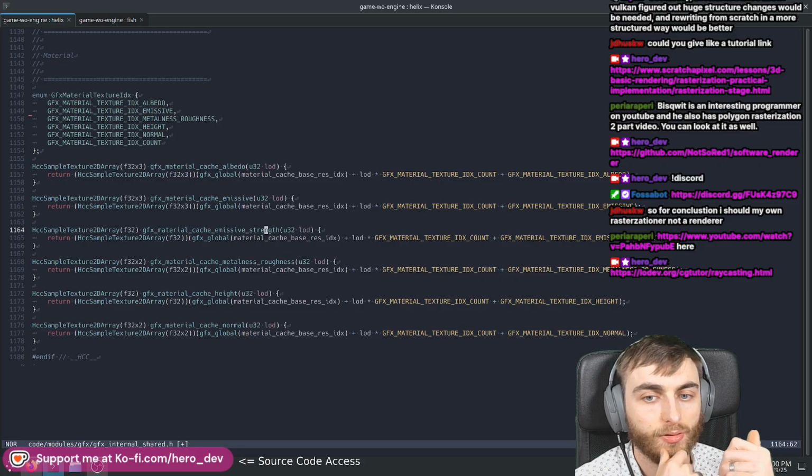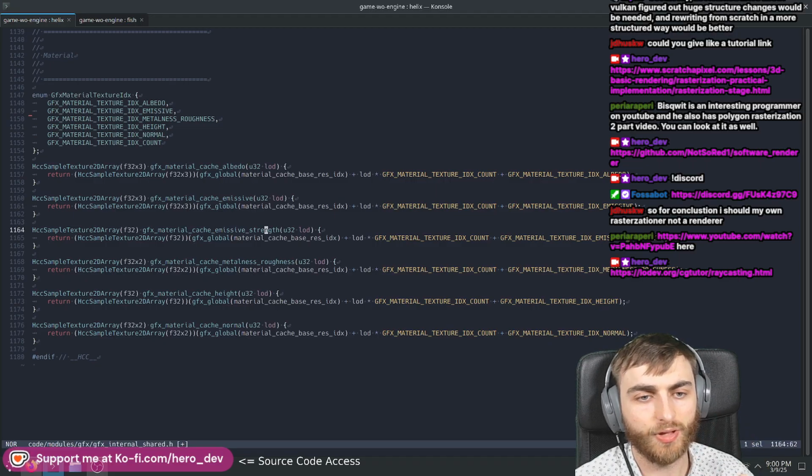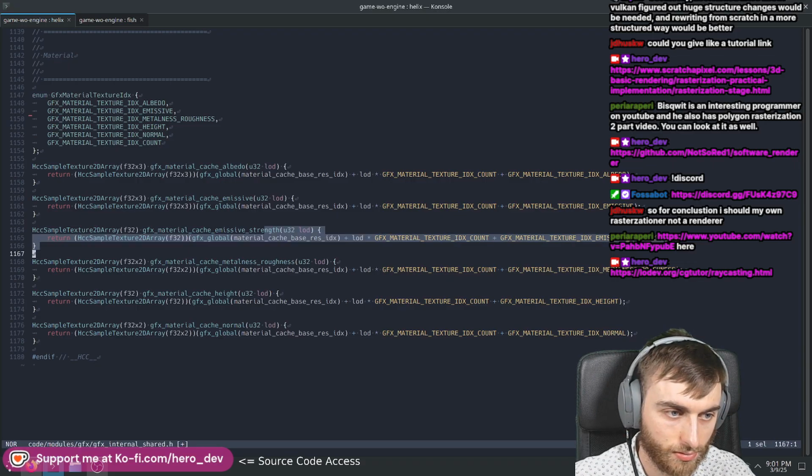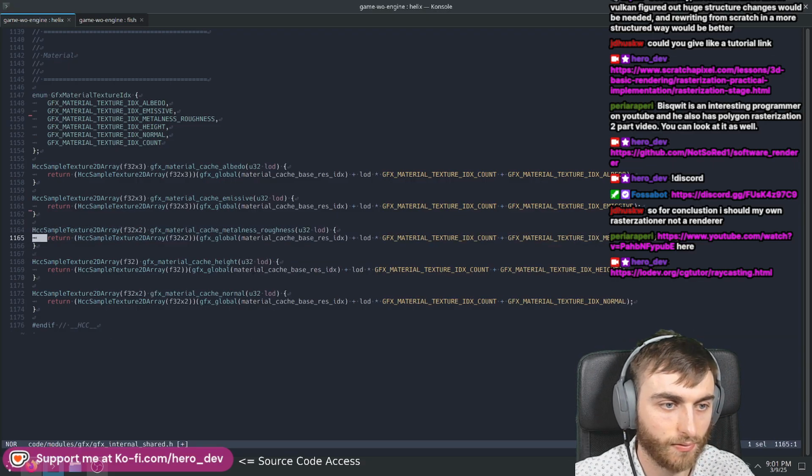And with that, we'll be able to find the exact texture to sample from. Yes, it's a little bit confusing. But the idea is